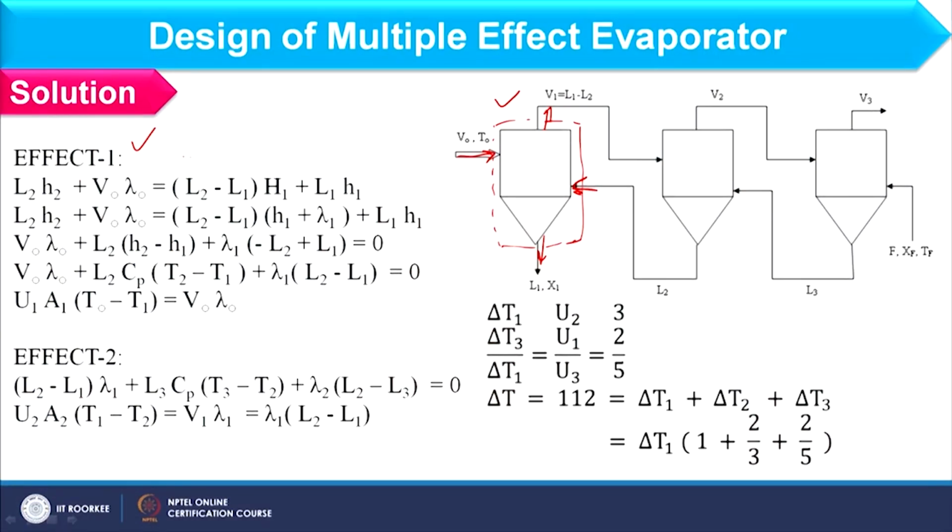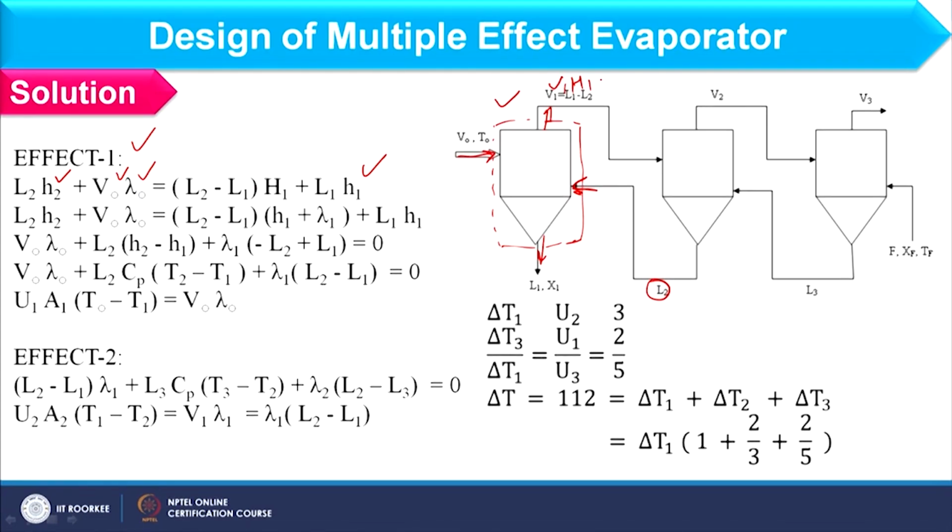So, if we focus on the enthalpy balance, first of all we consider whatever streams are entering into this, that is the first effect. So, I am having L2. L2 contains enthalpy H2, that is the enthalpy of the liquid, right. And next I am having V naught which is entering. V naught will transfer lambda naught heat to the system, and that will be equal to V1 capital H1,